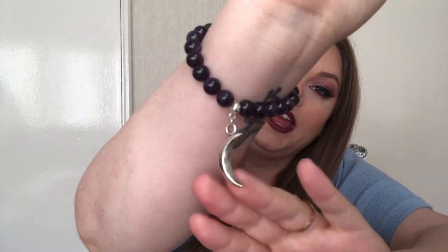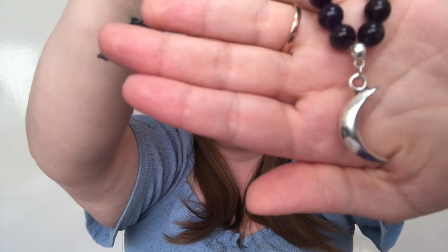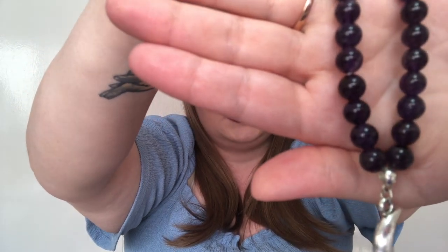I also just want to mention this really lovely bracelet that I am wearing today. I think it was called the Amethyst Luna or Luna Amethyst bracelet. One of my best friends, Aimee, has her own crystals jewellery shop called Beadalicious, which sounds like Be Delicious, but it's Beadalicious, on Facebook. I will link her page down below, but this is one of the bracelets. It's got a lovely moon charm and amethyst beads,